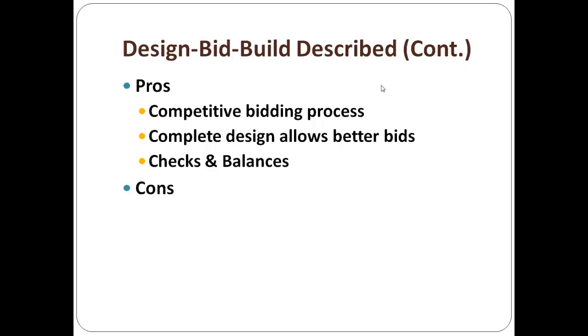Now for the disadvantages, or the cons, the pros and cons. Cost estimating. Part of the problem is that when an architect is designing it with the owner, there isn't a way to correctly estimate the true cost of that building when it is going to be put out to bid and built, because a builder is not involved who has skin in the game. In other words, he has to live by the numbers he gives you. And the problem is that the general contractors are not involved in giving any kind of input during design